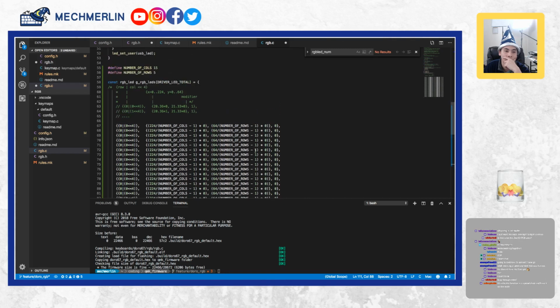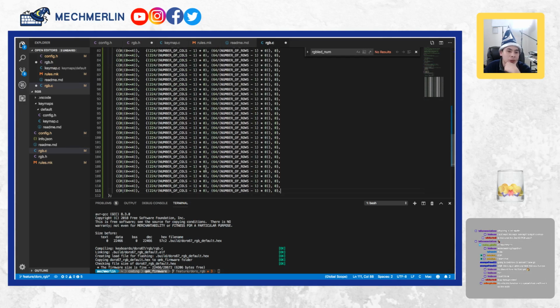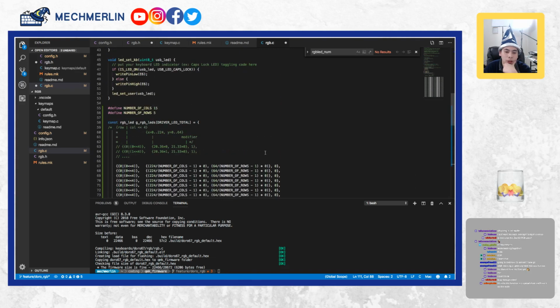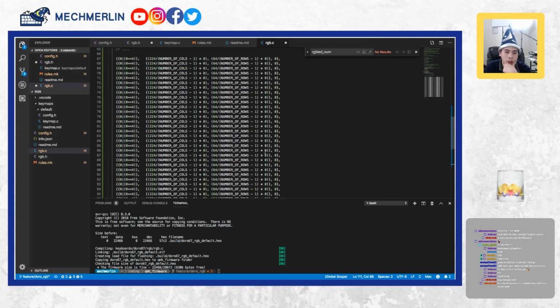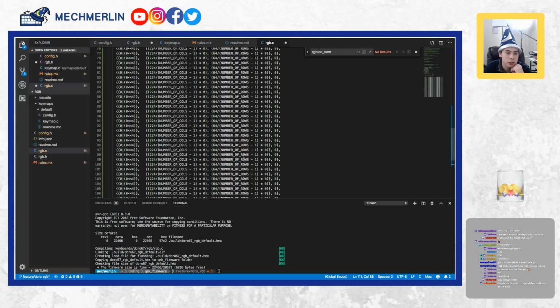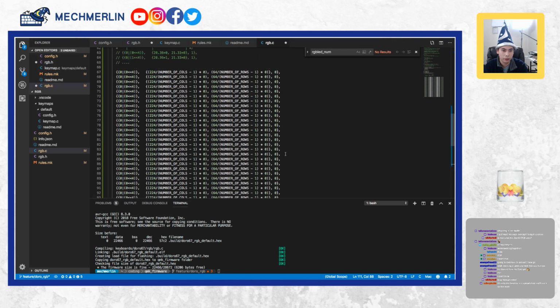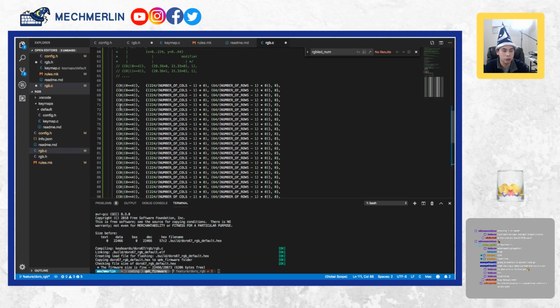Man, I could throw it into a for loop, but then how would I be able to check which one was the modifier and which one was not? Yeah, I could throw it in a for loop, but as I said earlier, I'm not sure I could figure out the modifier without writing additional code. So let's just do this the old-fashioned way. I can start from here. So 0, 0. So it can be